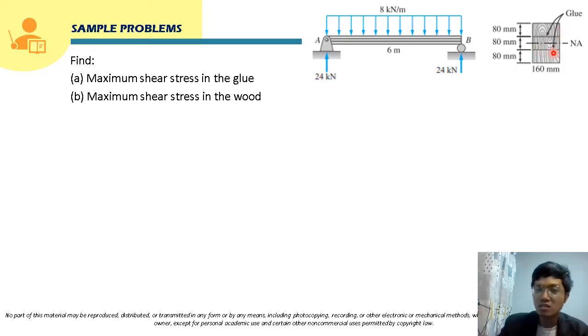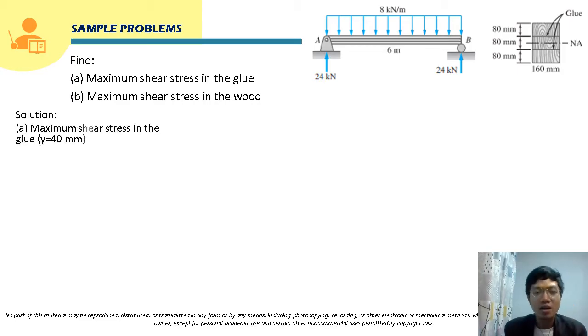And you can see, class, that these glued portions are symmetric in location from the neutral axis. So the distance from the neutral axis to the glued portion here at the top is equal to the one at the bottom. So even if we consider only one glued portion of our beam, it is enough. Okay, so to solve this, class, we are going to start